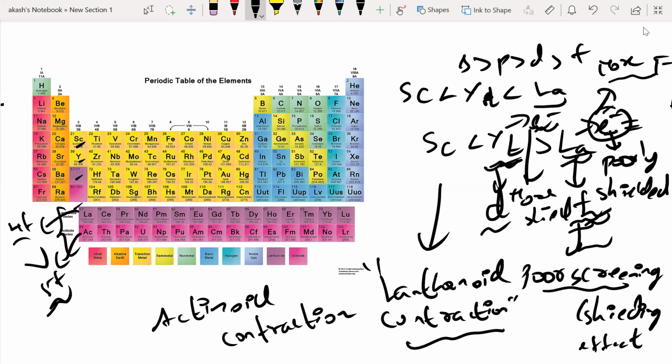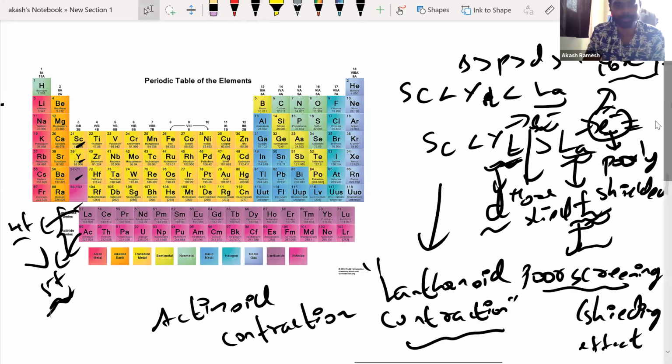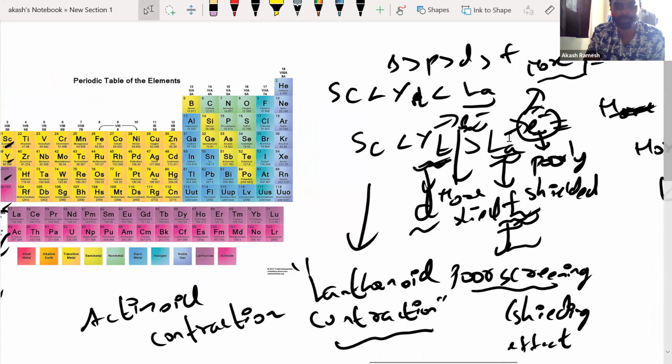Okay, sir. Right, but again, don't worry about it. You don't have to worry about this so much, 4f and 5f and all. It is not there for you. But it's a good question. Why it happens is because 5f has little more poor screening effect than 4f. That's the reason why it's like this. Any other questions anybody has? I hope everything is clear, shielding effect and screening effect.